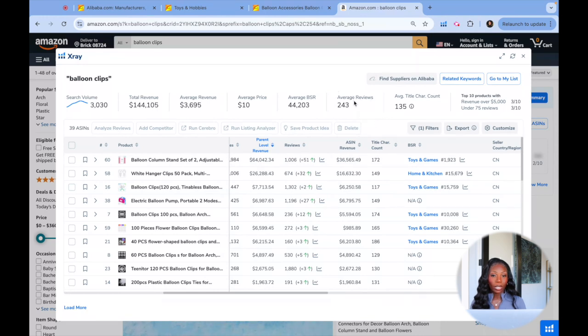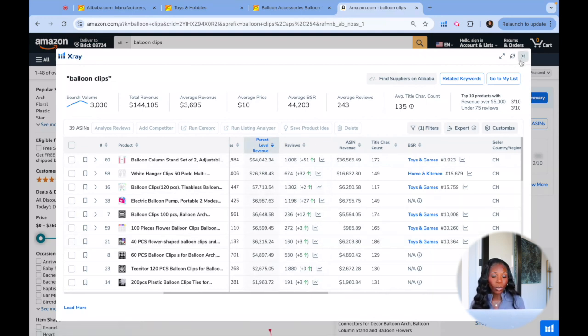However, there are other areas where this lacks in what makes a good product. So for example, again, the average price is too low, the average revenue is way too low, and the total revenue is way too low. So this is not a product that we would move forward with, but we have somewhere to go from here